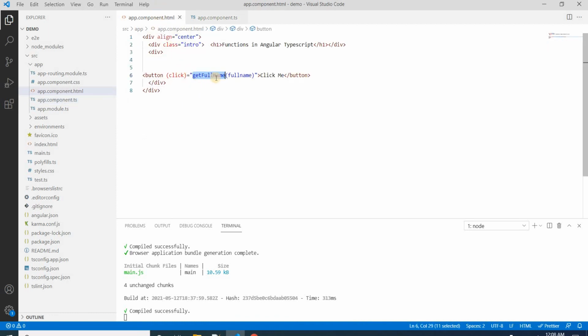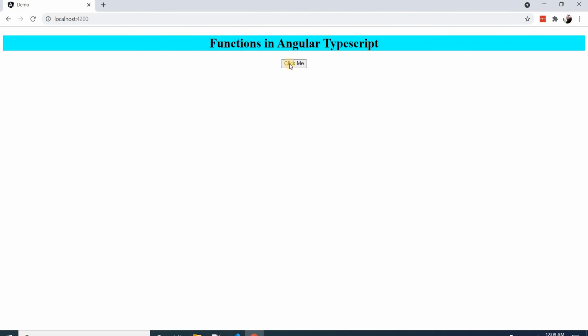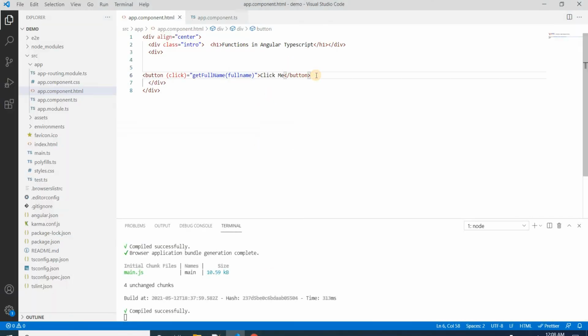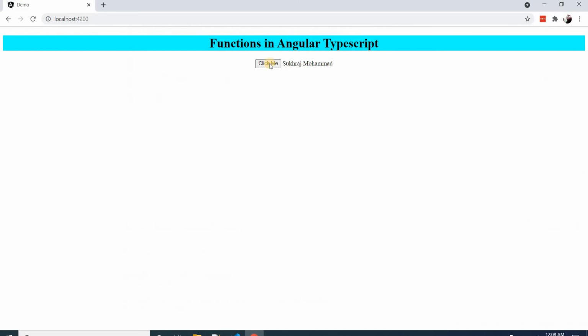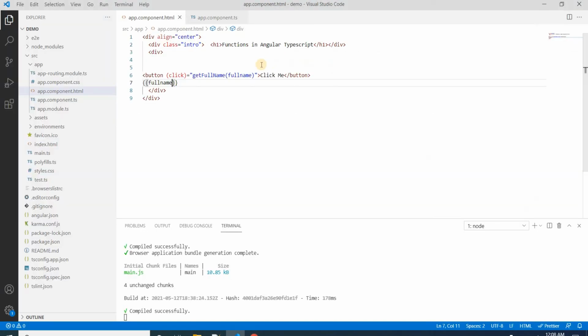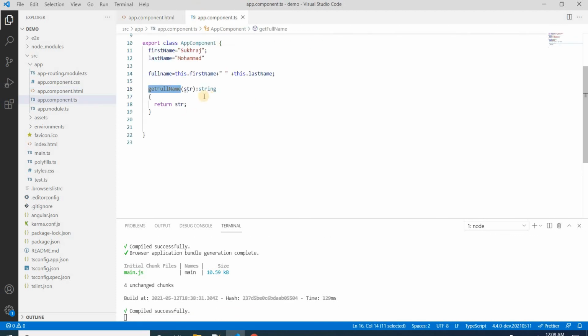Now on the button click, I'm just passing the full name. See, first let's see the output when I'm clicking here. Let me use fullName here. Okay, just one. To get the output, we can do it in another way.